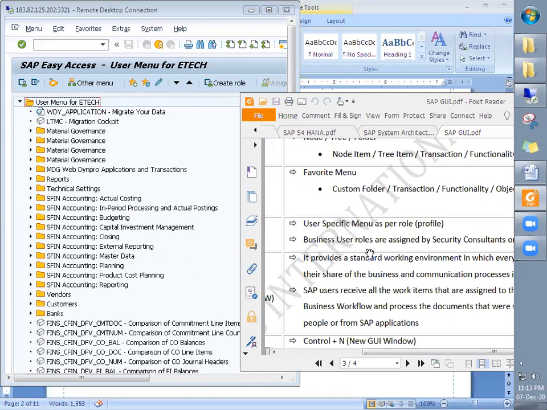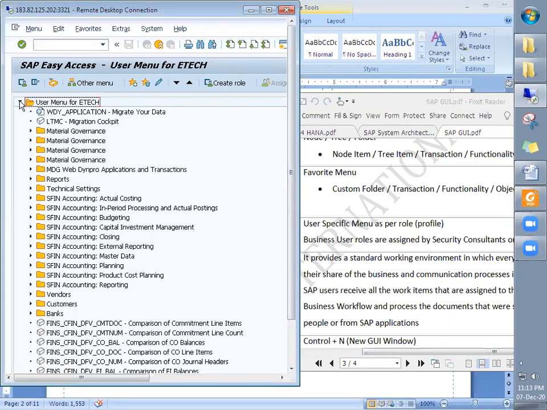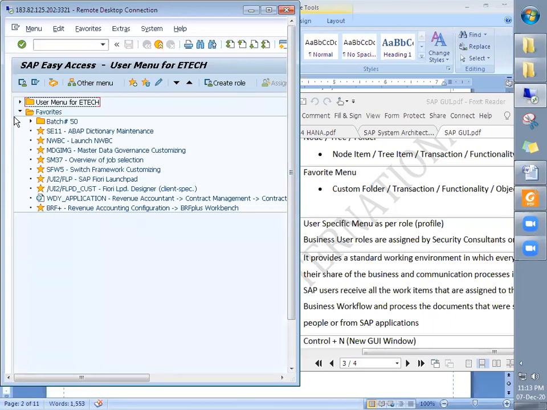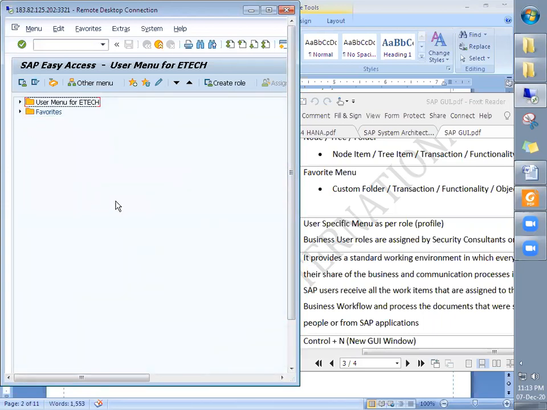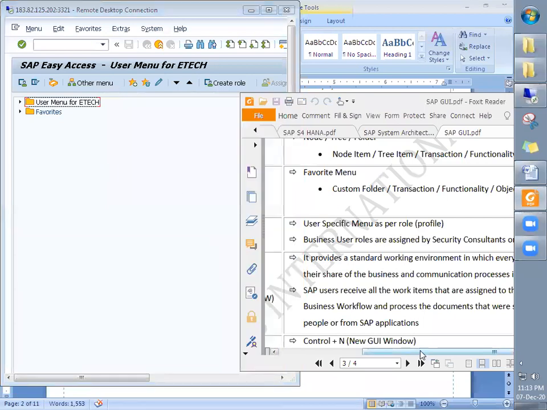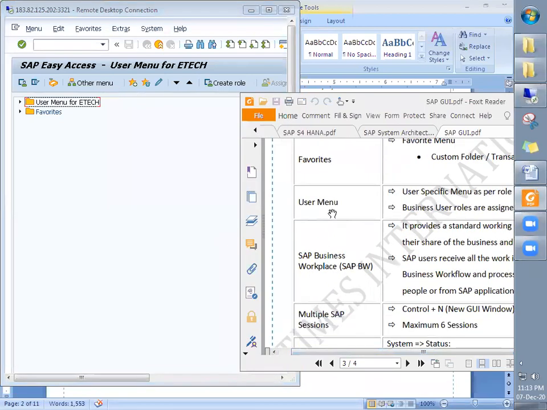Business user roles are assigned by the basis security consultants. The basis consultants, that is the technical consultants, are authorized to create these profiles or roles. So that is the user menu, right?